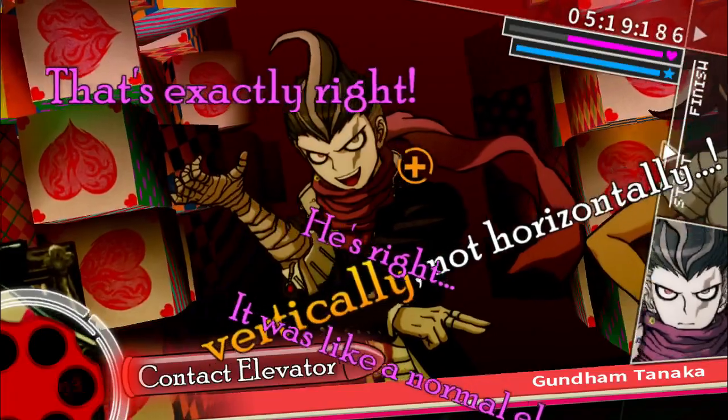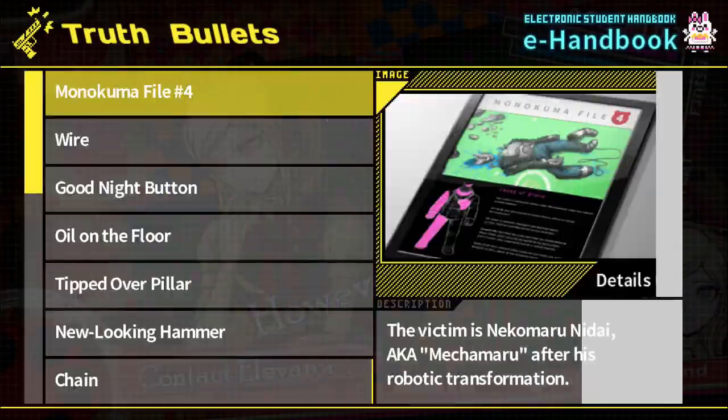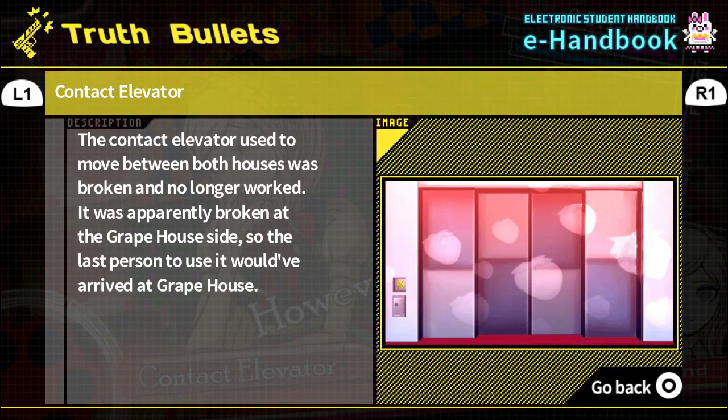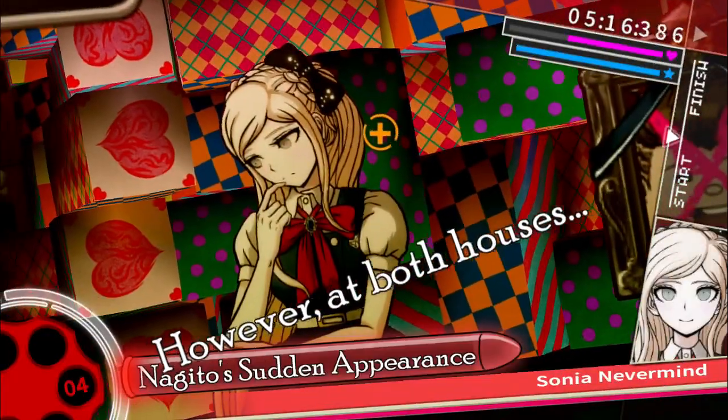Okay. Contact elevator. Let me see what that says. The elevator used to move from house to house was broken and no longer worked. Apparently it was broken at the Grape House side, so the last person used it. Okay, that doesn't help me in this case. So the only thing that could help me...